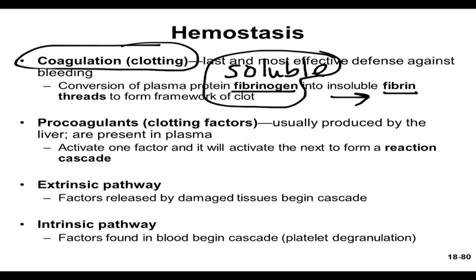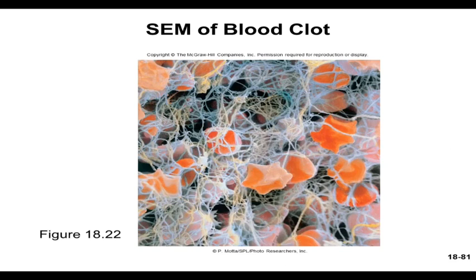There are other clotting factors involved in this process, and you may have heard of clotting factors found in the blood. These clotting factors are missing or are mutated in individuals with certain forms of hemophilia. And there are many of these enzyme protein clotting factors that are necessary in what's called the extrinsic and the intrinsic pathways. So these are both cascade pathways that will initiate and form, in the end, a beautiful blood clot